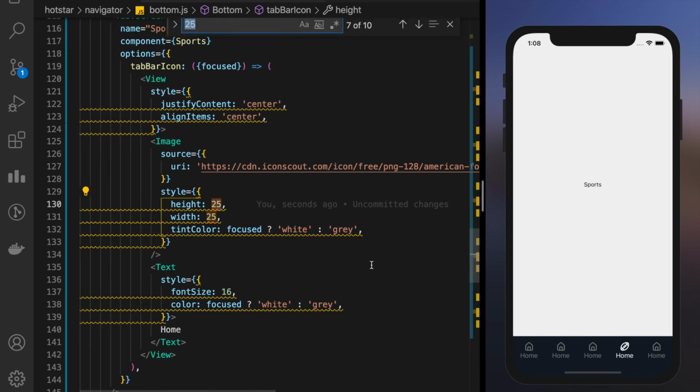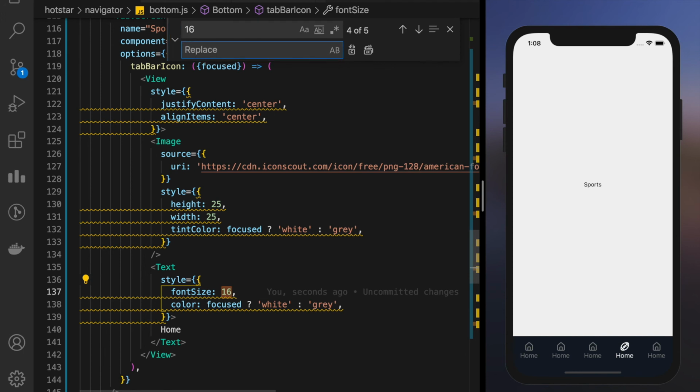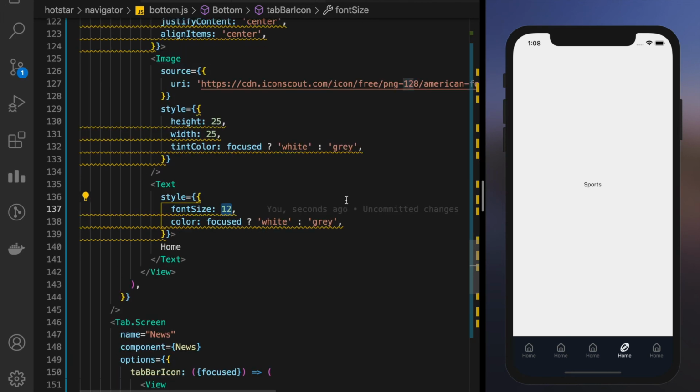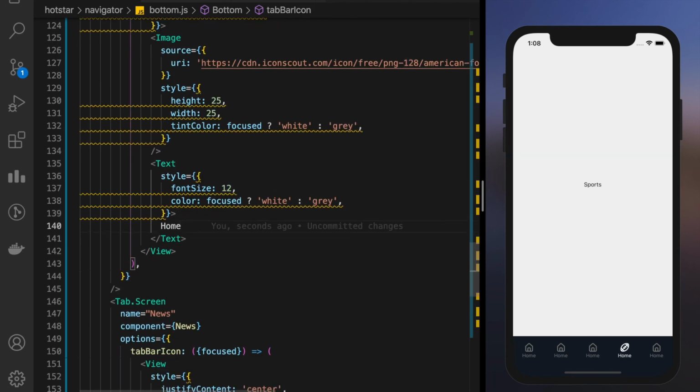And also I don't want it to be 16, I want it to be 12. So it's a hit and trial. You should see what looks good on your application and then do it accordingly. So yeah, it looks perfect now. Okay, I'll replace the name with sports,